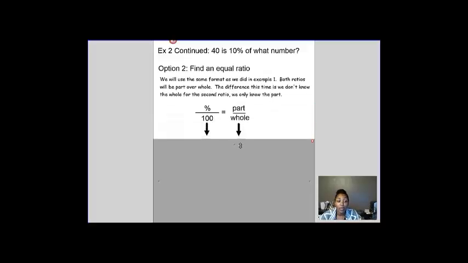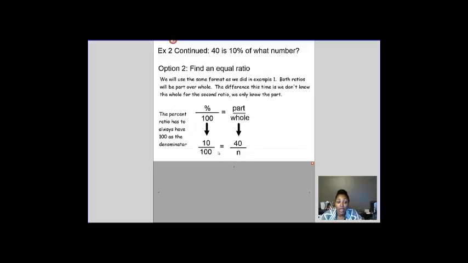So we've got to know, well, what's that bigger number that it's a piece of? So I've got to set up this ratio again. Remember, percents always go over 100, so it's going to be a percent over 100, and then it's going to be compared to the second ratio, which is just going to show the part to whole ratio. So then this will be my setup. I'll have 10, which is the 10% over 100, because the percent always goes over 100. And this time 40 isn't the whole thing, it's just the part, so it's going to go at the top,